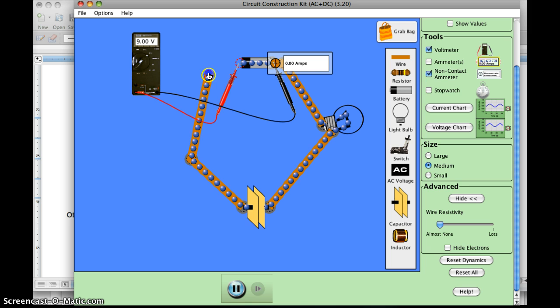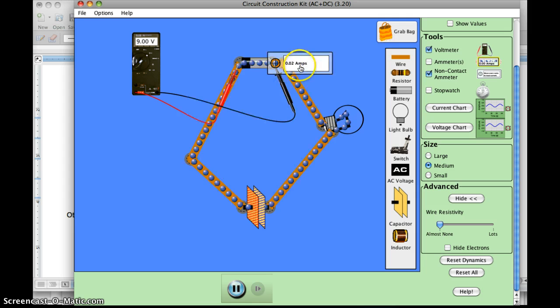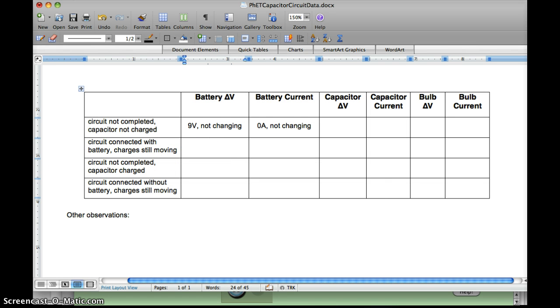Then I'm going to connect this wire, and so I noticed a few things happen. I noticed that the current started at about 0.8 amps, and it looks like it's decreasing to 0 now. And it looked like this value, the potential difference across the battery, stayed at 9 volts the whole time. So I'm going to say 9 volts, not changing, and I'm going to say 0.8 to,